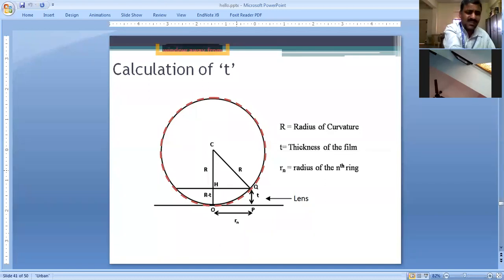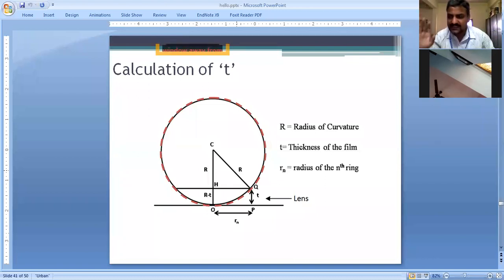Now, if I ask you what is the shape of thickness 1 centimeter locus, as I said, here there is an air gap between this mask and the plane, I mean the mobile. There is a gap now. Just a minute, I hope you can see this gap, right? If I ask you what is the locus of 1 centimeter gap, assuming that this is a lens, of course it's not a lens, but try to understand.